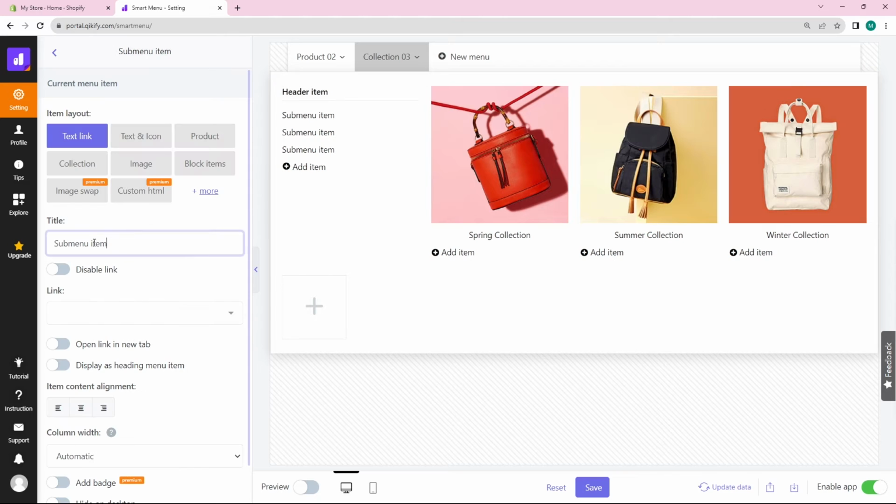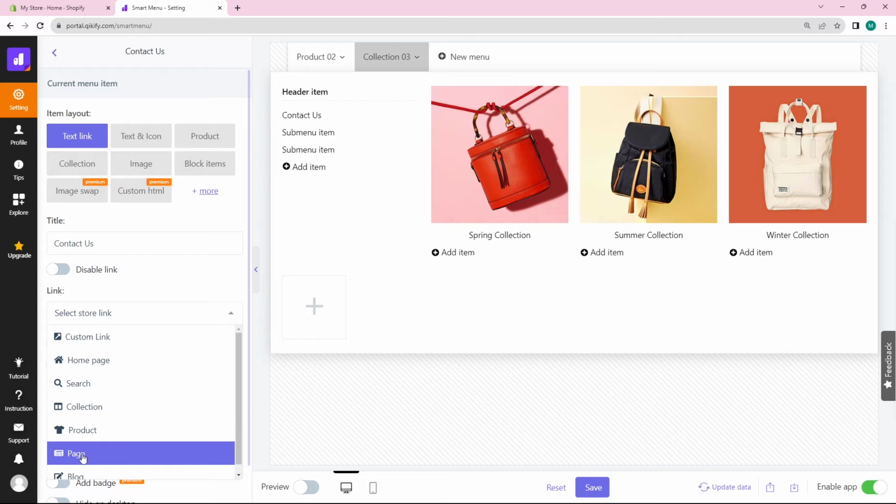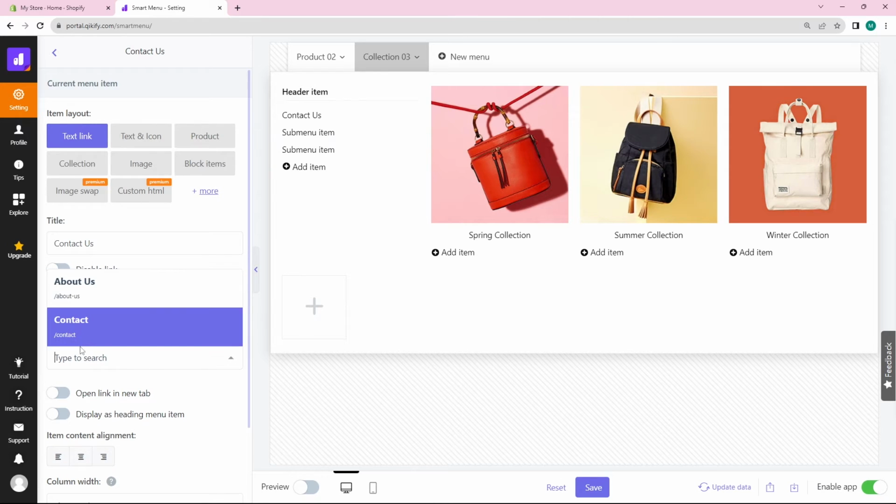button. From here you can change the title of your menu item, like contact us, and here you will see a link option. You can click here and select any page or any collection that you want to link. I will select page, and currently in my store I have two pages available, so I will select the contact page. So we have changed the title of our menu item, and also we have added the page link